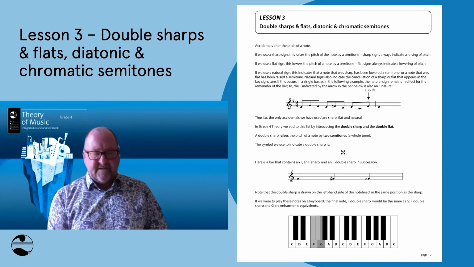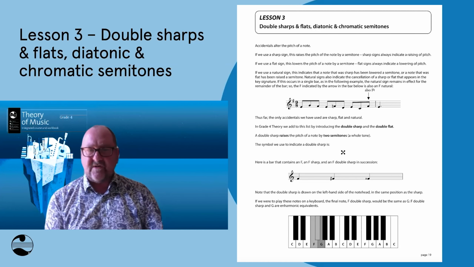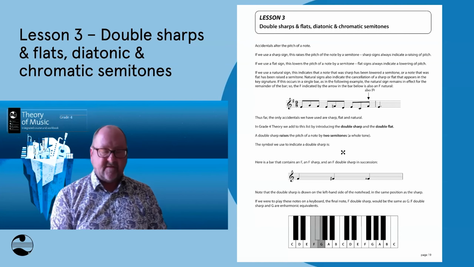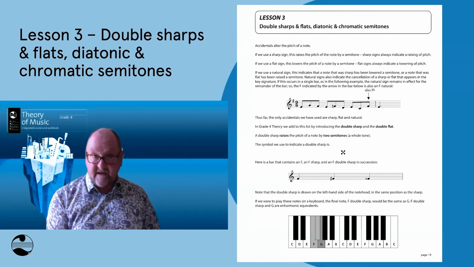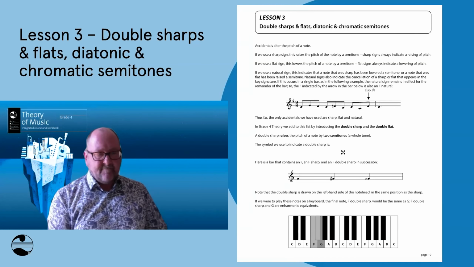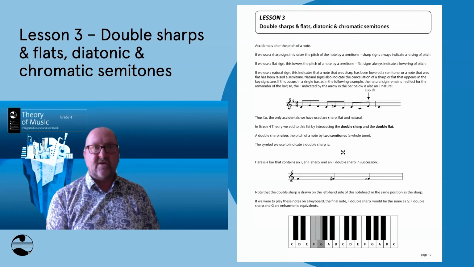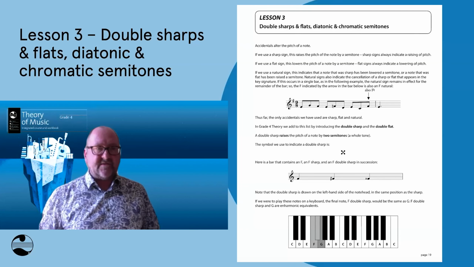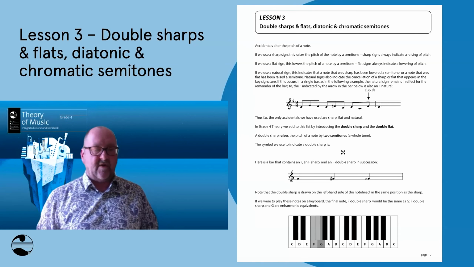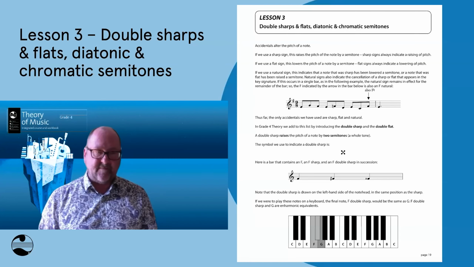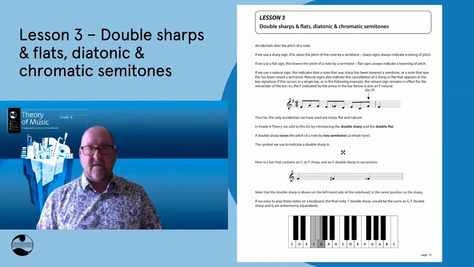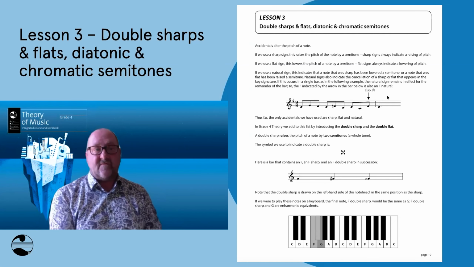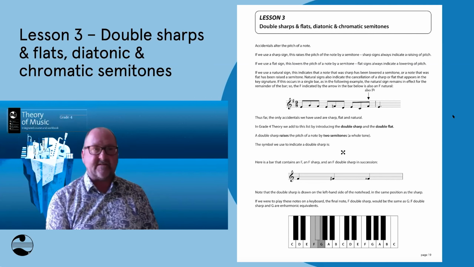Now, a couple of teachers have asked me, why do we actually have to teach double sharps and double flats at this grade level when students don't see scales containing double sharps until grade 5? And I say that it's necessary for students to know these things because when we look at the transposition chapter, students are going to have to know how to apply double sharps and double flats to transposed melodies, because the melodies will contain passages of chromatic writing, which I'll explain in a minute. So that's why we've got double sharps and double flats here and not in the next grade.